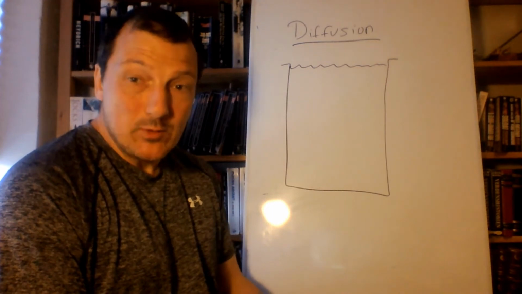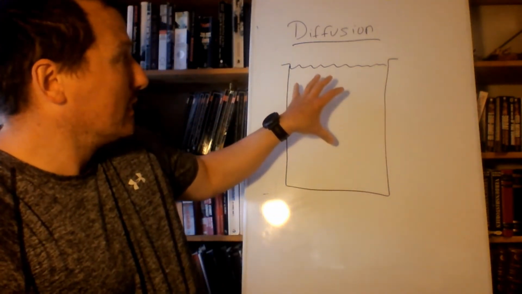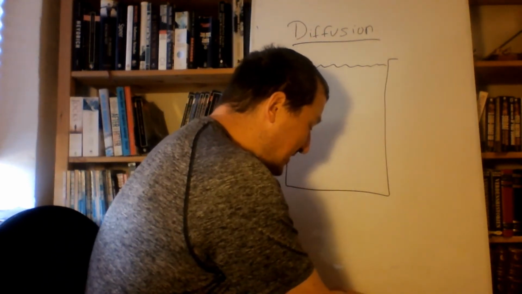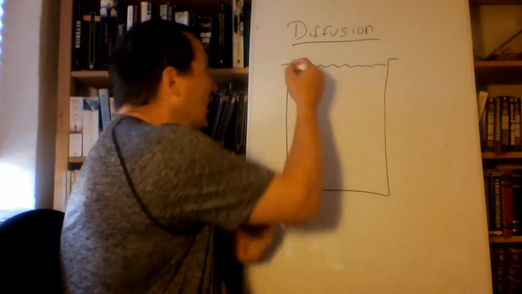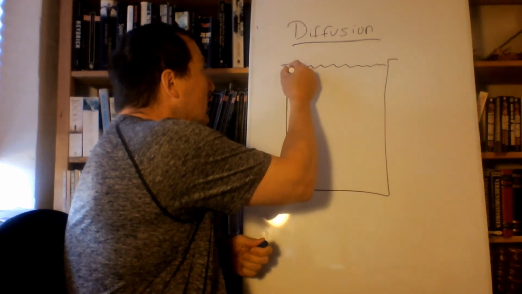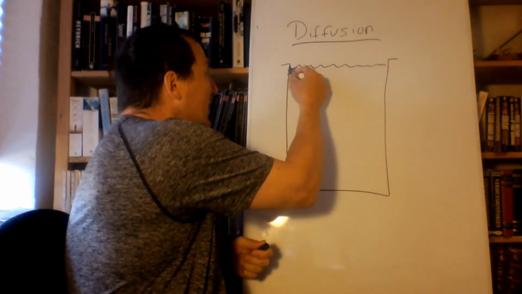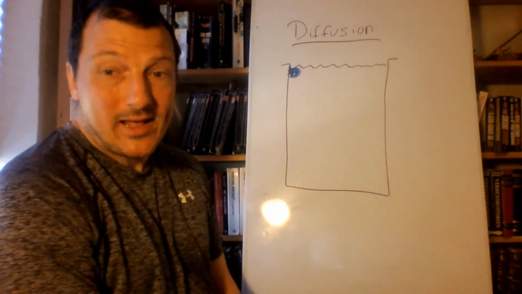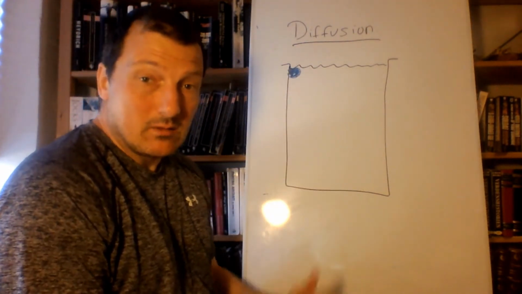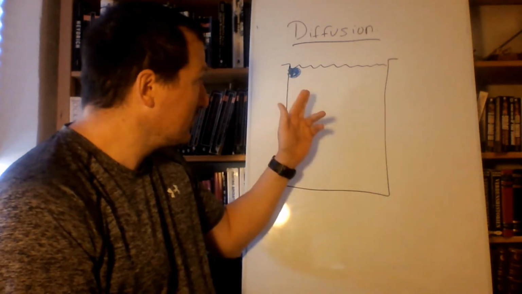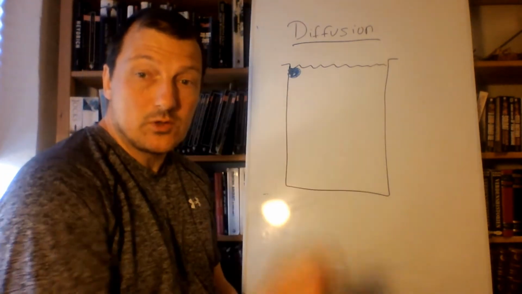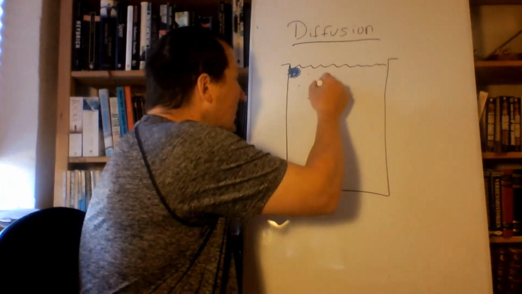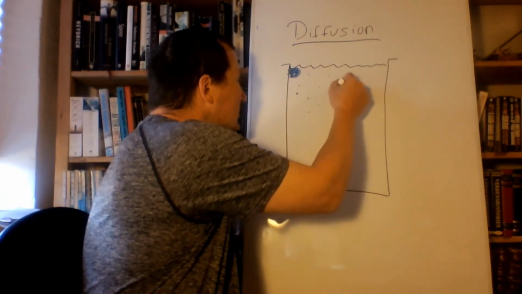around. And we can see this if we have a container of water and we place a drop of dye here in one corner. Of course, it has to be a dye that is soluble in water. At the beginning, we'll just have the color here, but because the water molecules move around, so do the dye molecules. The molecules will start to